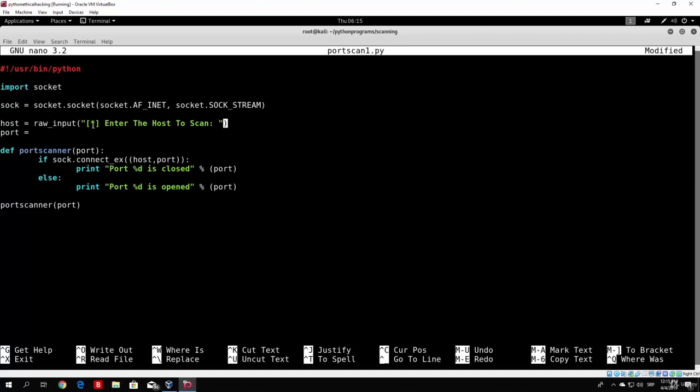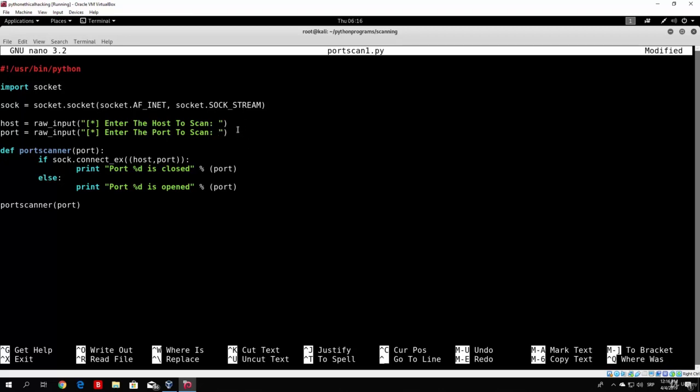So the raw_input function means that this will be prompted once the user runs the program, and it will wait for the user to specify the IP address, or basically anything they want to specify. In our case, in this program, it will be an IP address, and as they specify that, it will continue running the code and go to the port, where we want to do the same. So with raw_input, we want to prompt the user to specify the port which they want to scan. We just type here: enter the port to scan, two dots and then a closed question mark, closed double quotes